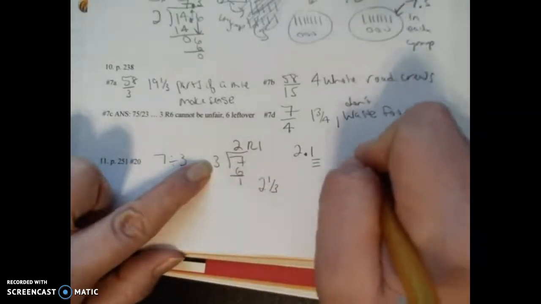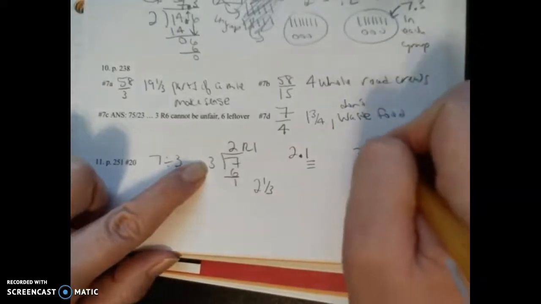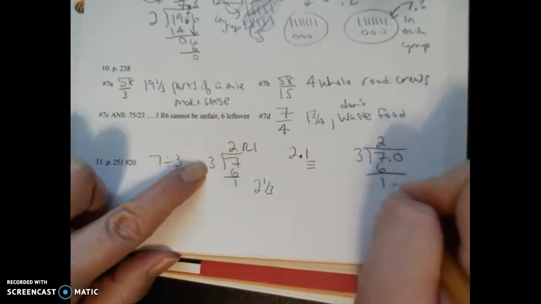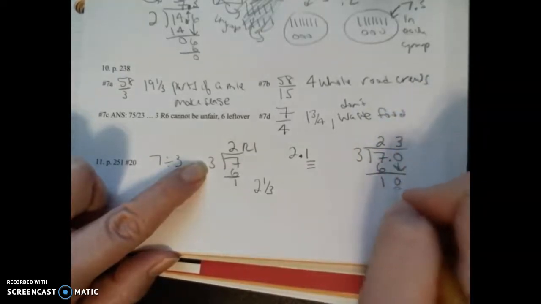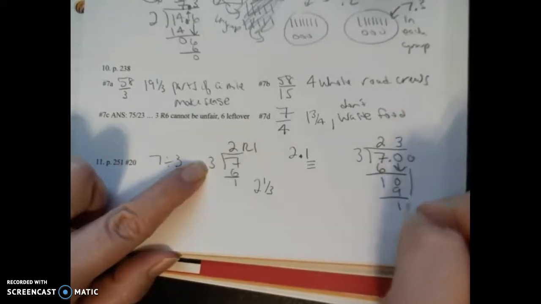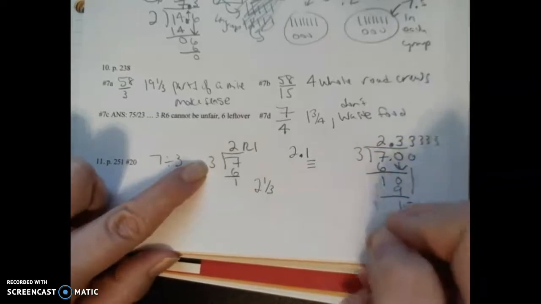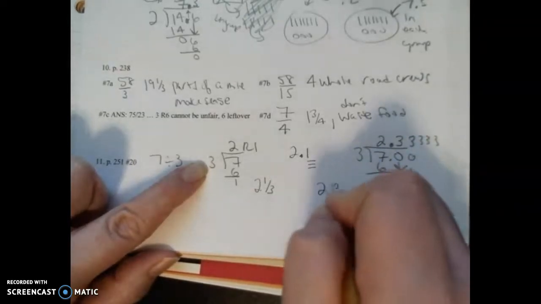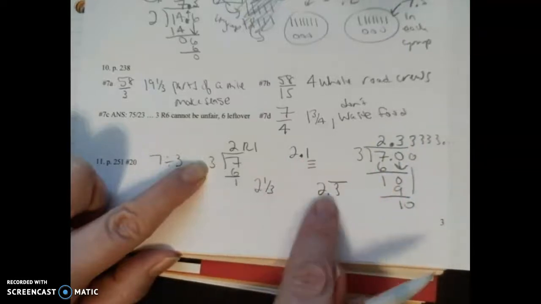So if she wants to convert that into base 10, she has to add a decimal. The remainder does not help her. So then she brings down a 0. She gets 3, which is 9. She brings down a 0. 3, 3, 3, 3, right? Okay, so the correct answer is 2.3 repeating, and that makes sense because 1/3 is 0.3